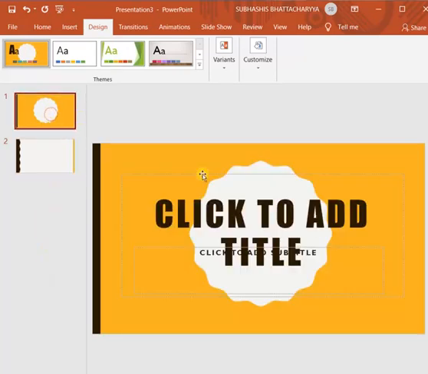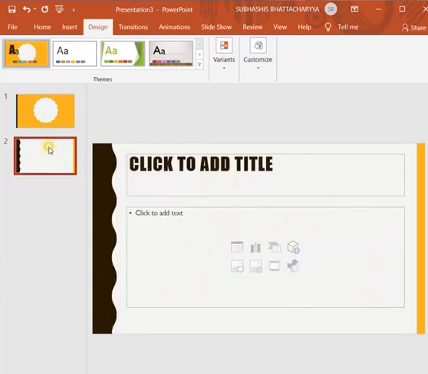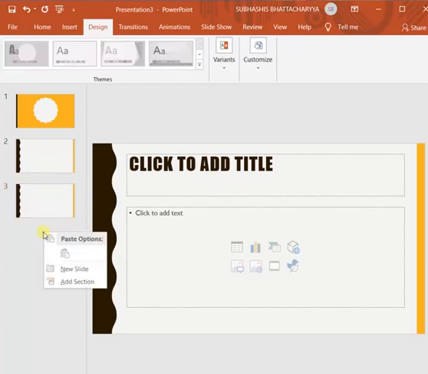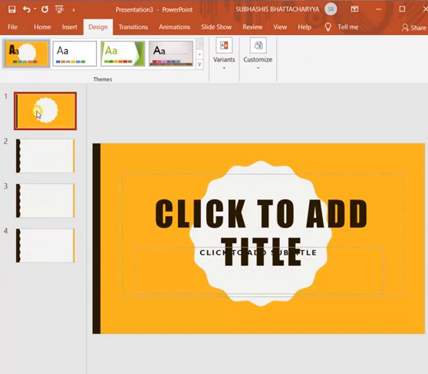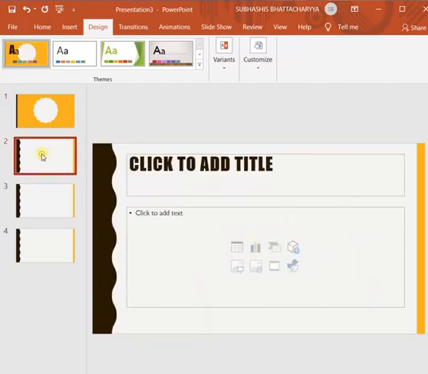The first slide may be somewhat different because it is the main slide or cover slide, and after that all the slides will follow the same format. See, I have inserted 4 slides here. The first slide is the main slide, so it looks somewhat different from others, but the main theme is this one that I have selected. So whatever slides we insert, it will follow the previous slides.